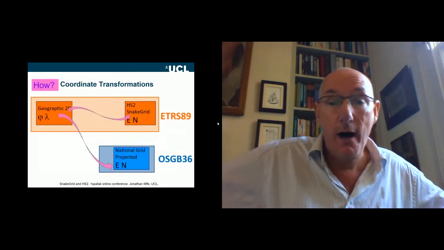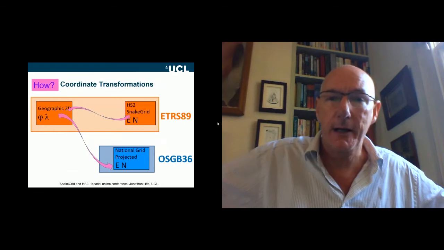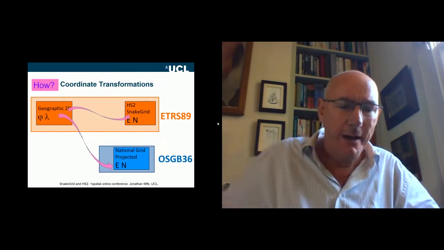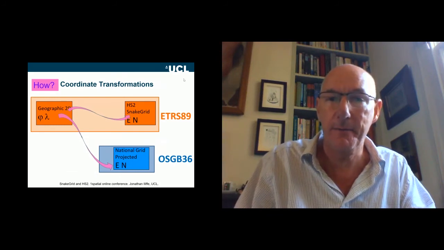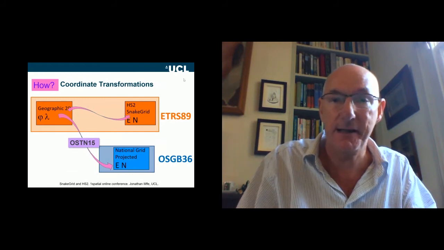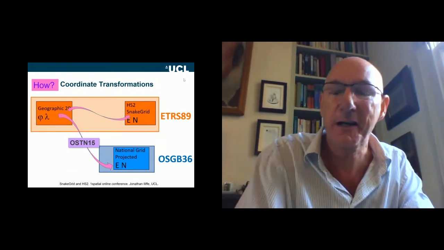Well, that's the what and the why. The how: how do you use SnakeGrid? Well, it may be that if you're simply using it, that's kind of end of story. If you're just working in SnakeGrid Eastings and Northings coordinates, you just need to know that it is a low distortion system. I suppose more relevant to the how of using coordinates is